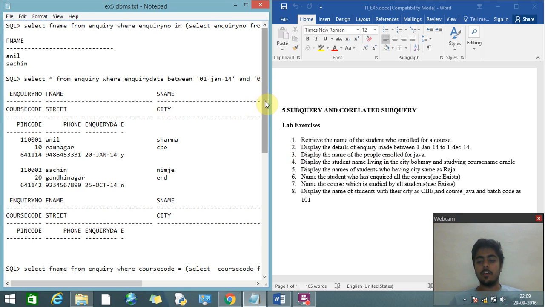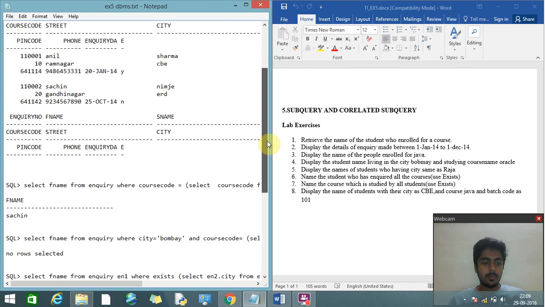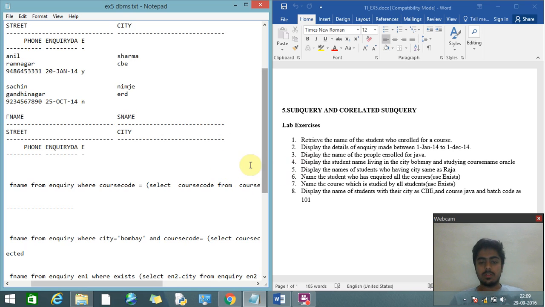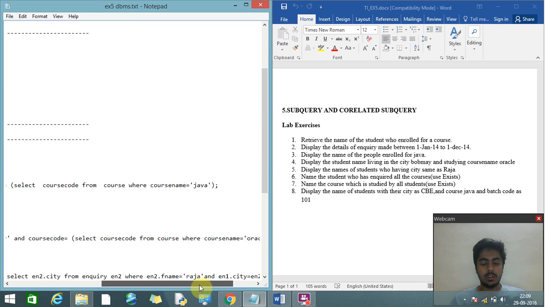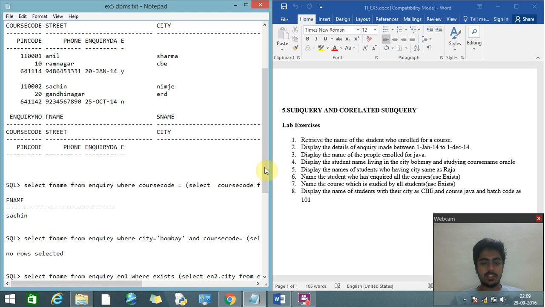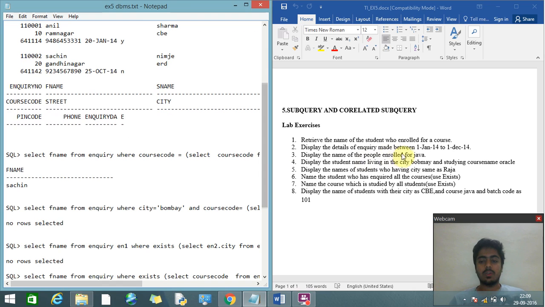My query will be: select the first name from students, the table name, where course code equals, and now this is the subquery: select course code from course, the table name, where course name equals 'Java' in inverted commas. The particular student who has selected the Java course will be displayed. So Sachin is selected as the first name, who has selected the course Java.